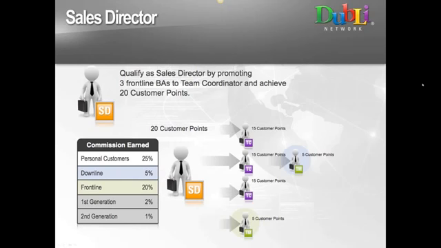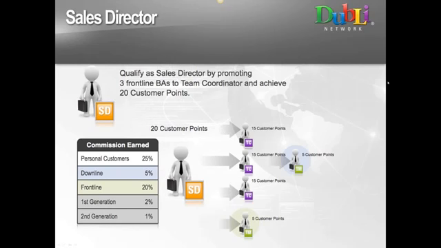Now, the other thing to keep in mind is that when we talk about the TLA package, we talk about it as what we call a rapid rank advancement tool. And the reason that it's a tool that we can use today is because it is a promotional piece, and at some point it will go away. And when it goes away, then we will all build the same way.